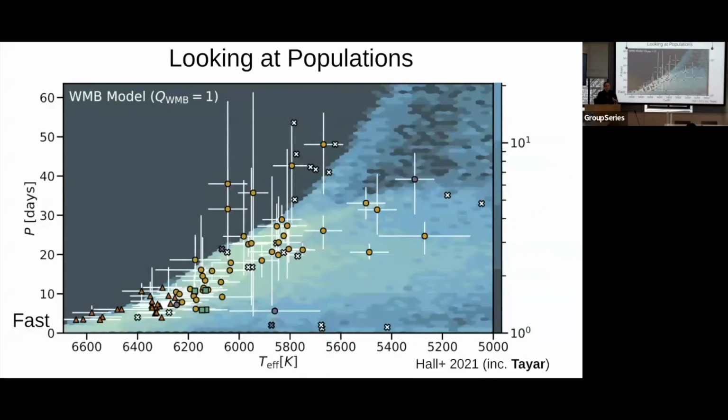The other thing is you can try and measure the rotation a different way. So if you use these asteroseismic rotation rates, which don't have the same need for a spot to be there and detectable, you also see this pile up that's much more consistent with this sort of transition in the angular momentum loss. So this pile up of weakened magnetic braking,